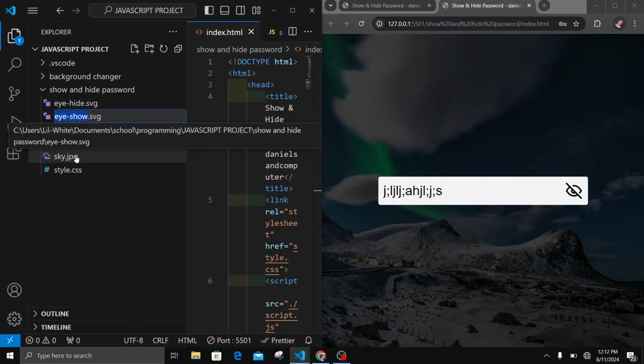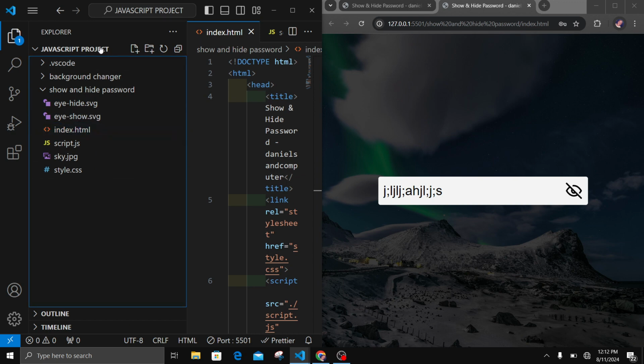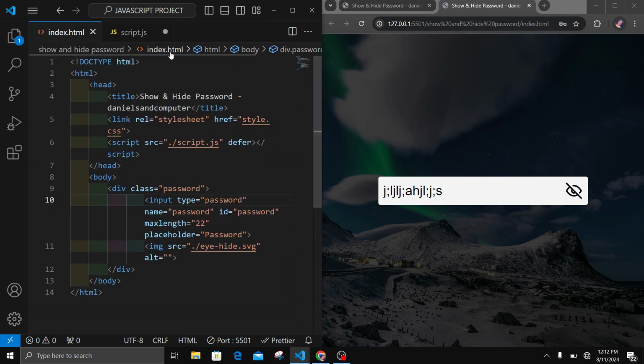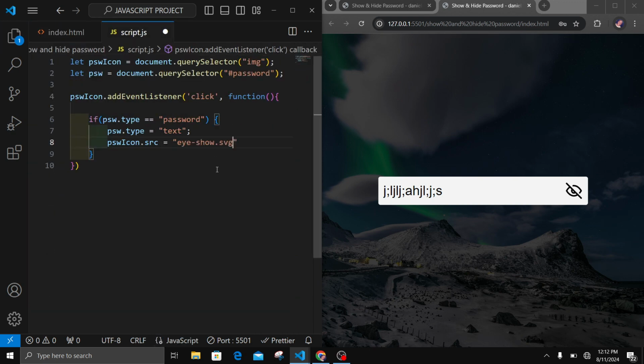Rename. I'll copy this and close this back. I'll come here and paste it here. So if I save this again, when I type anything here and click this guy, the icon changes to this show icon. The next thing I want to do is to repeat that,